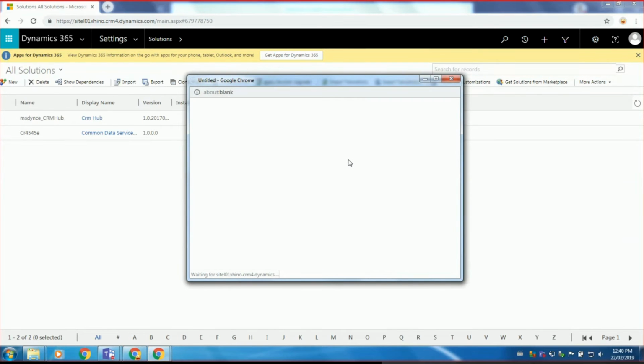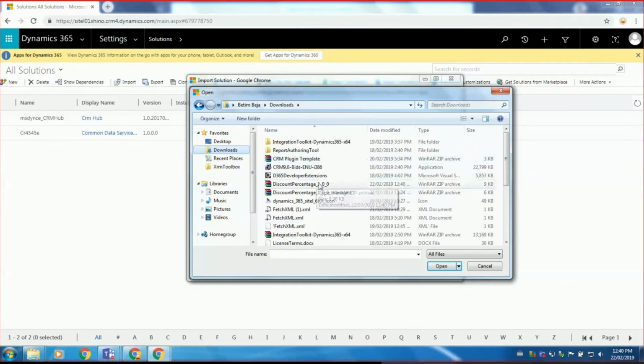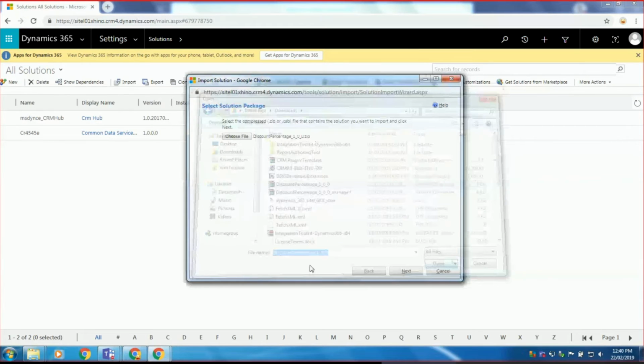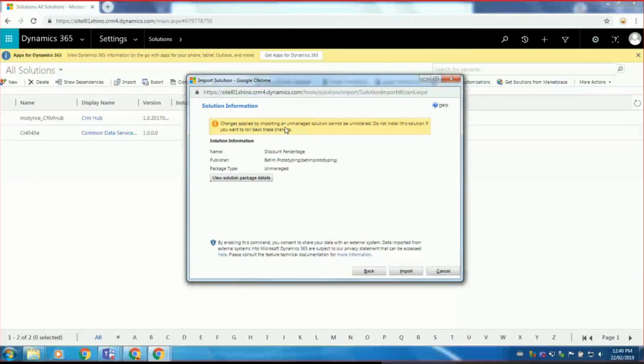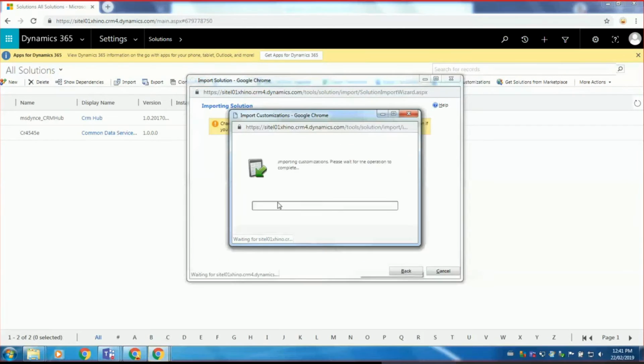Now, if I import, choose the file, discount percentage without managed means unmanaged. Next, we will get some information like a warning here. It is an unmanaged solution. Do not install this solution if you want to roll back these changes, which, as I told you when I showed you the managed solution, when I removed the solution, it deleted all the data. This solution, when I remove it, will delete nothing, because the problem is that unmanaged solutions